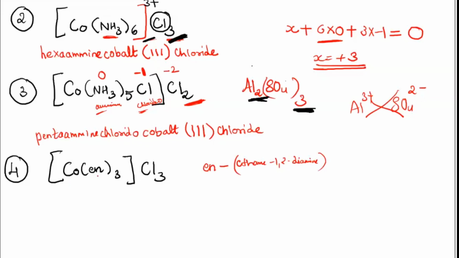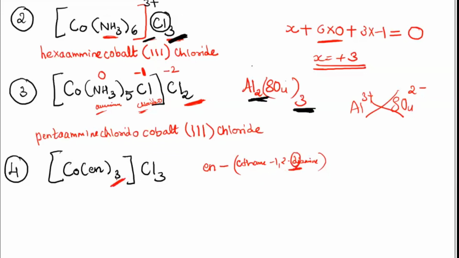The fourth one, what I was telling is, en is 3 times, no? And en is ethane 1,2-diamine. So if you remember the fourth rule which I told you, if there is already di present, what is the other prefix you are supposed to use? Now here there are 3, no? Yes, you should use bis, tris. So here I can't use a prefix like tri because di is already used in the name of the didentate ligand.